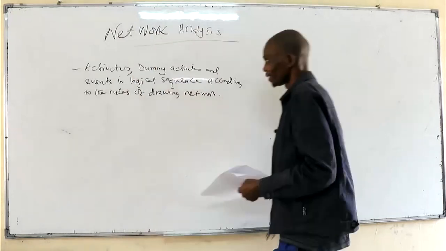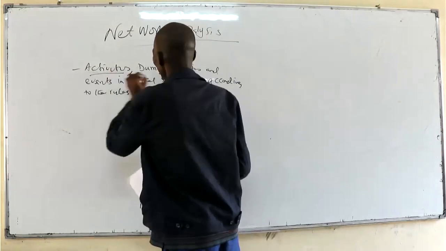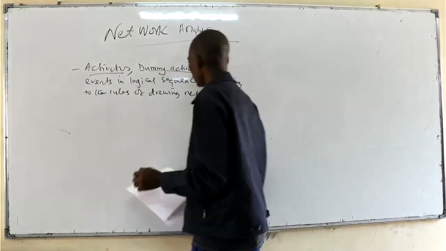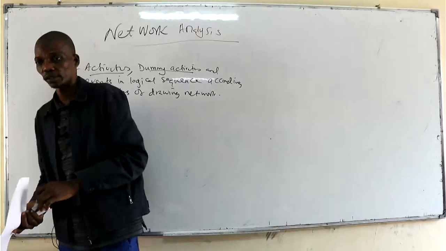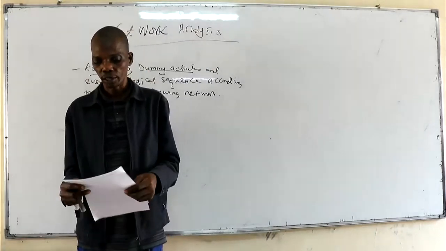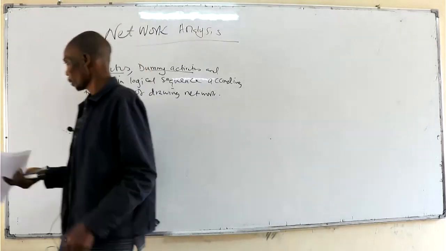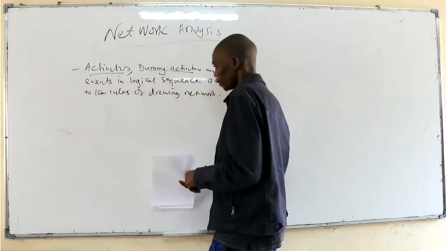So it's a combination of activities, events in logical sequence according to the rules of drawing network. So it means that there are rules which are followed in drawing network. And so when we talk about network, it's just a combination of what we are seeing here. So this network, it may be, for example,